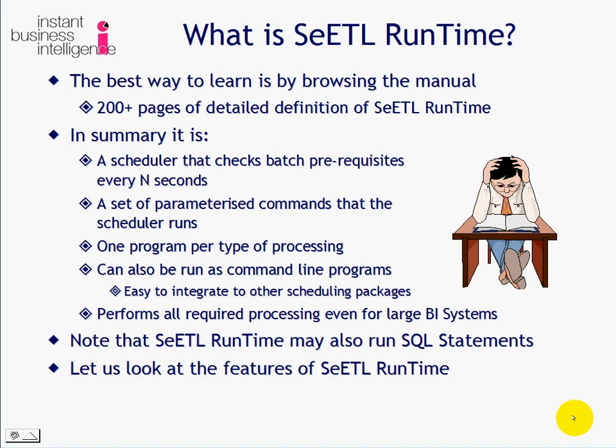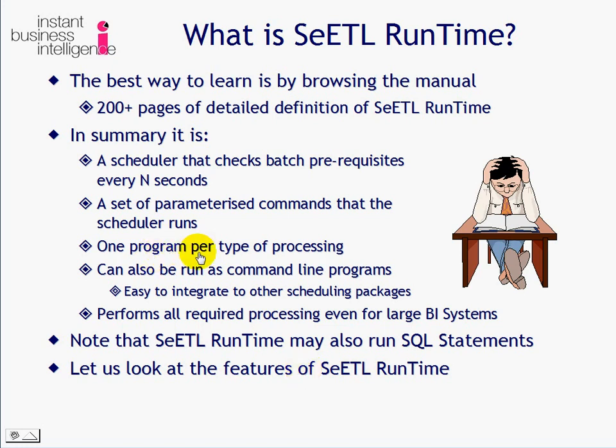The best way to learn about SeETL runtime is actually just to go read the manual. But the summary is that the scheduler checks the batch prerequisites every n seconds, and you set n, and that is a set of parameterized commands that the scheduler runs. So as soon as the scheduler determines that some prerequisites have been met, it starts that batch, and that batch runs, and when that batch is complete, the prerequisites are turned off or met, and then the scheduler waits for some other prerequisites to be